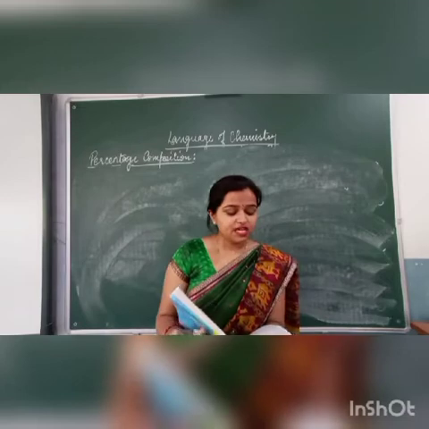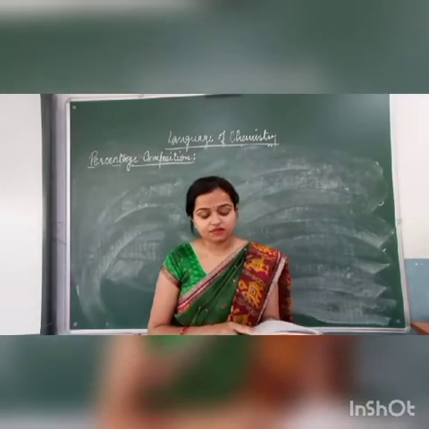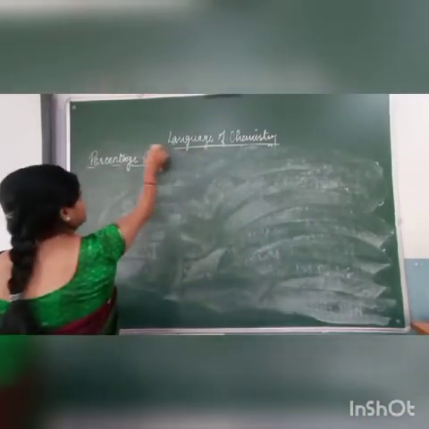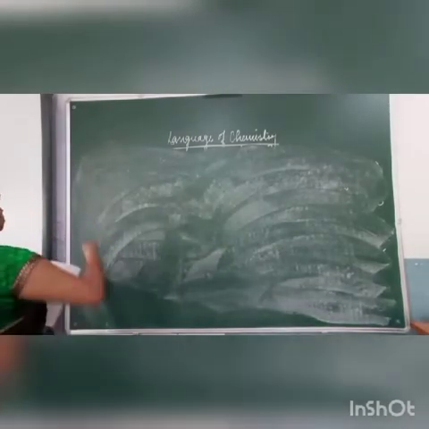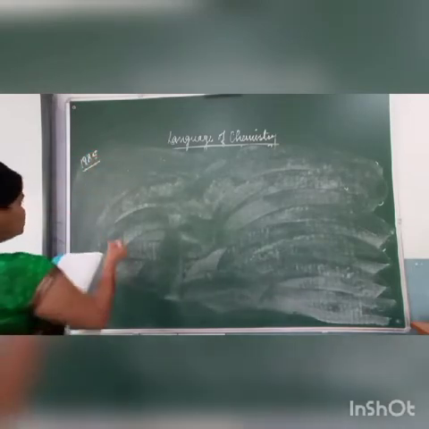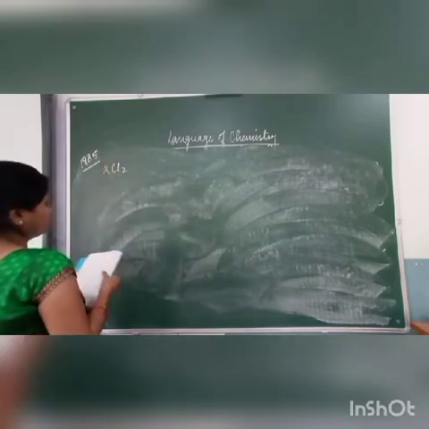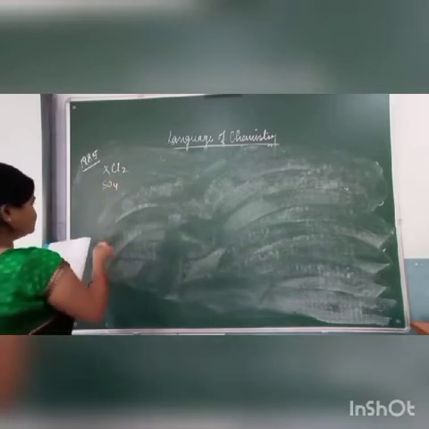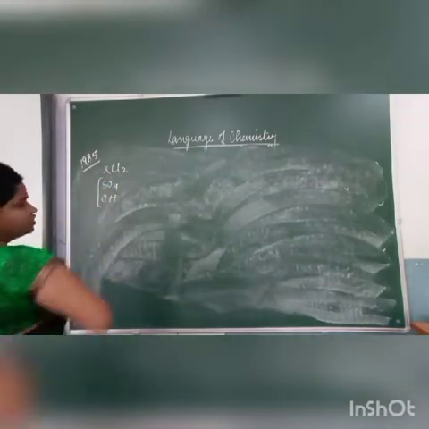Such as, the first is given: HCl2 is a chloride of a metal X. State the formula of the sulfate and hydroxide. So a simple thing is given. First we have to write down what is given. It is a question of year 1985. It is given that HCl2 is a chloride of element X. We have to give the formula with respect to sulfate as well as with respect to hydroxide. These two formulas with respect to X we have to give.